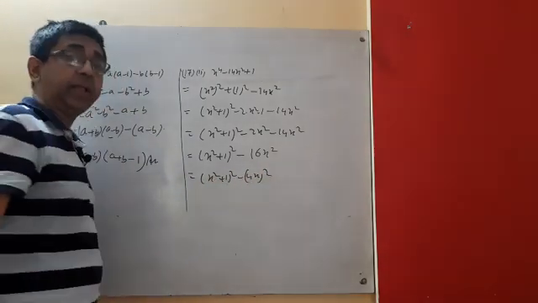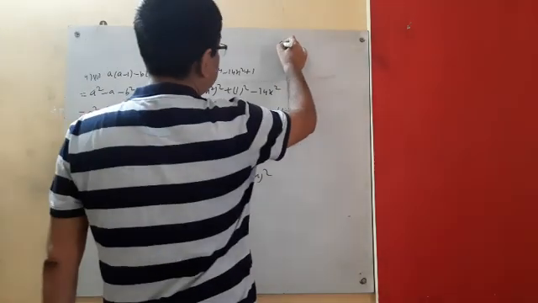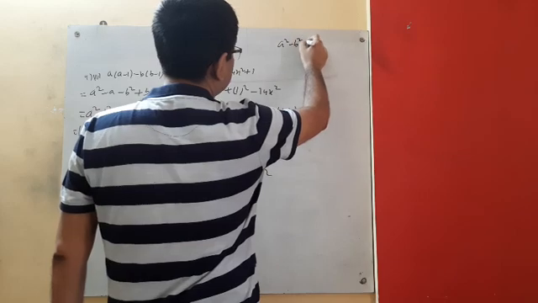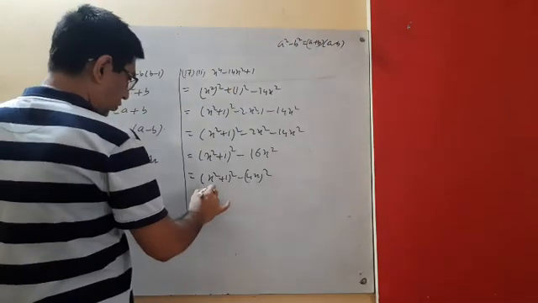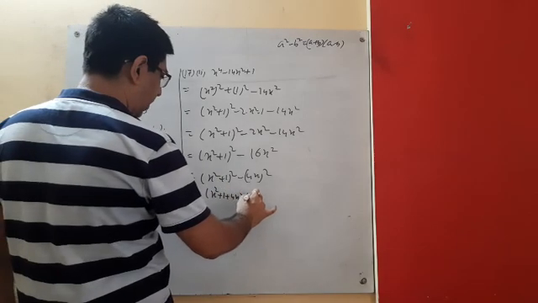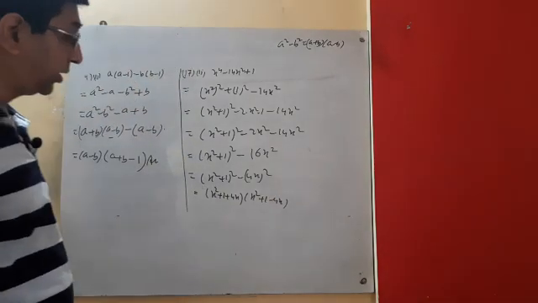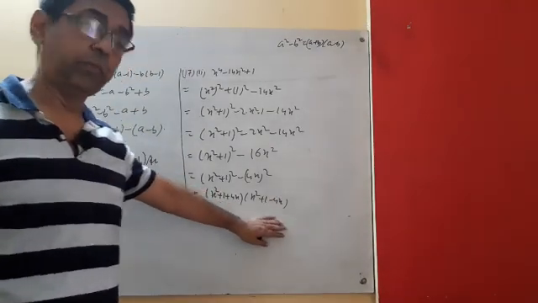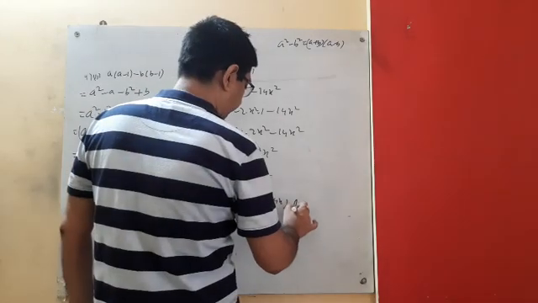Now it is in the form a square minus b square. We know the formula a square minus b square, a plus b into a minus b. So just write x square plus 1 plus 4x into x square plus 1 minus 4x. After that you have to see whether there is any factor. No, it is in the form, no split up. You cannot split up anymore. Okay. So this is the answer.